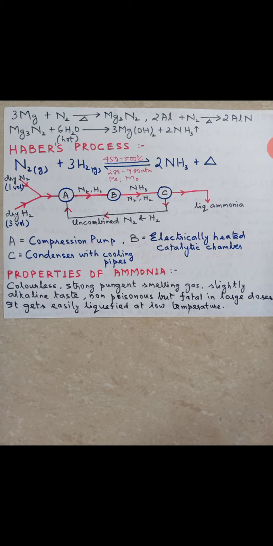So any nitride you take, calcium or magnesium or aluminium, you take it in the round bottom flask as you can see here, and you trickle hot water drop by drop over this nitride with the help of the thistle funnel. The ammonia gas which is being collected is passed through the drying agent calcium oxide, and it is collected by the downward displacement of air, the same way as we have seen in the previous experiment.